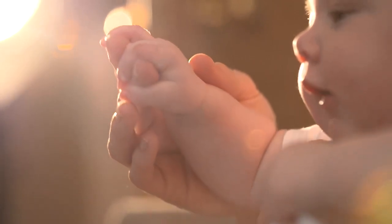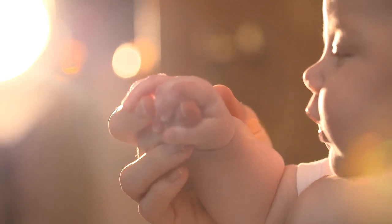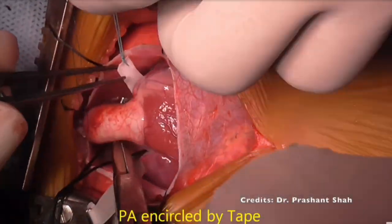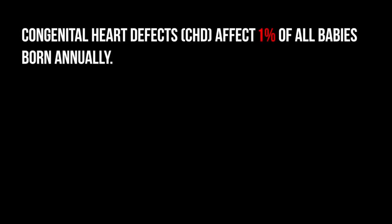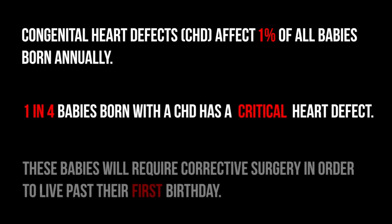Imagine your child is born with a congenital heart defect that causes excessive blood flow to their lungs. Within the first few weeks of being born, your baby will undergo an open heart surgery where a band is tied around their pulmonary artery until they are strong enough for the eventual corrective surgery. Of the babies born with congenital heart defects, 1 in 4 will require a major surgical procedure within their first